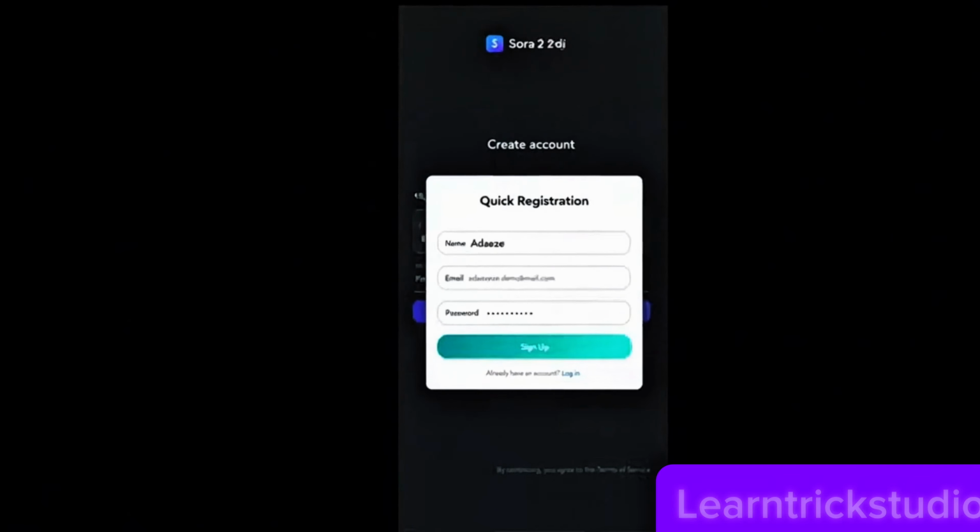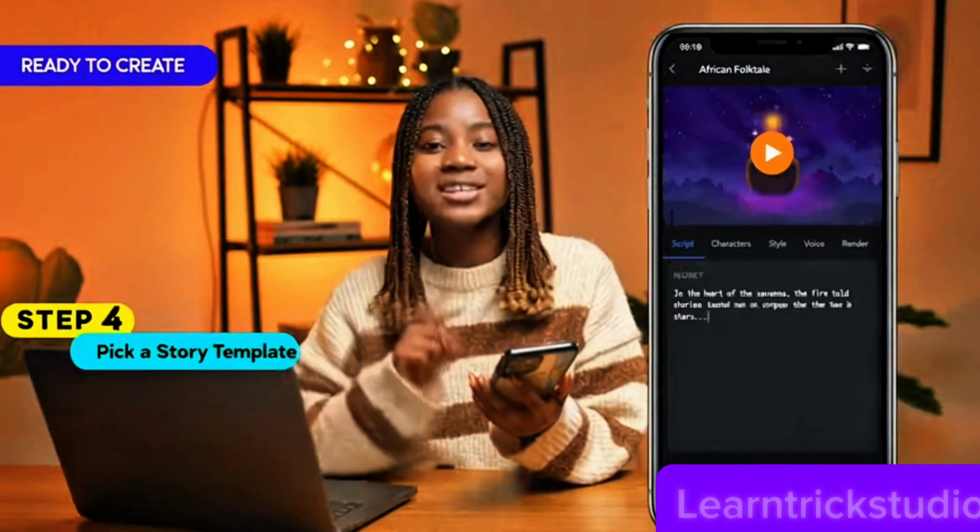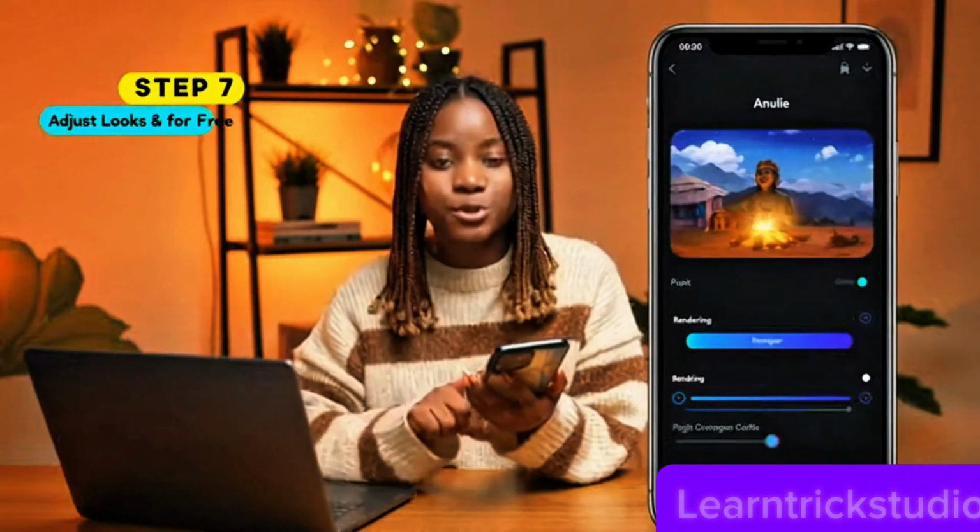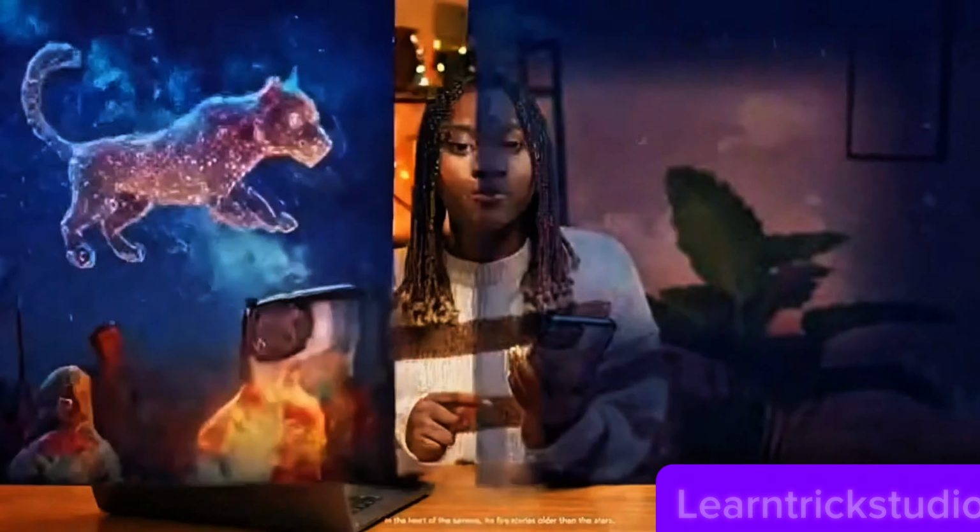Okay guys, in today's video I found a new way, a free and unlimited way, you can actually use SORA2 to create amazing and super realistic videos for your stories. That's for your African folktale, for your AI movie, or for your animated stories. So in today's video I'm going to show you the easiest and fastest way you can actually